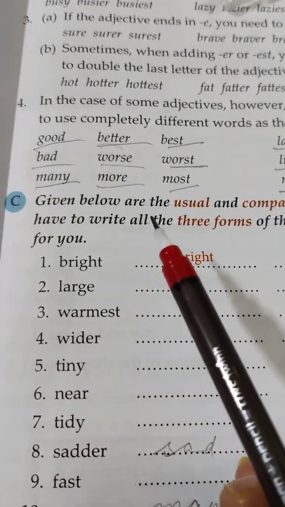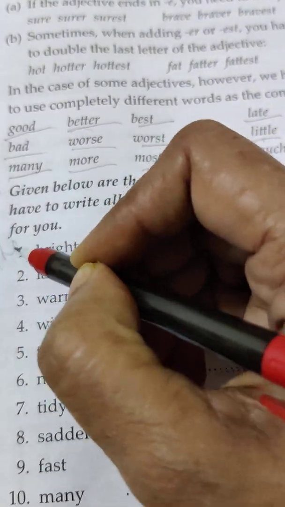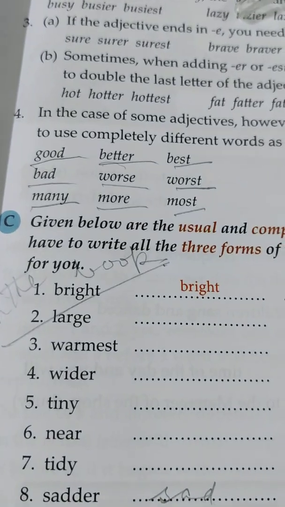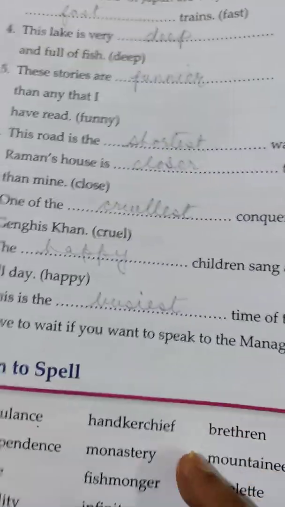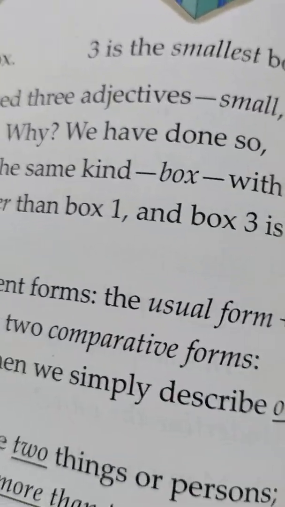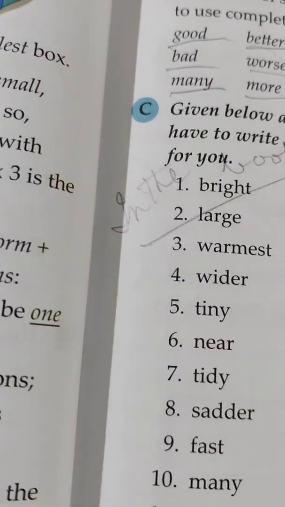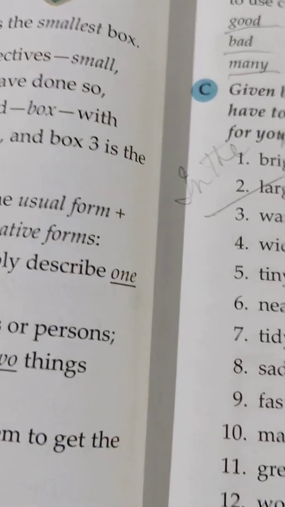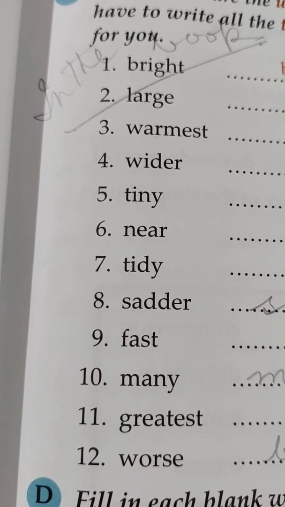Now here is one exercise given. See what you have to do. I'll send you the image, and you'll do this in the book only. Okay? You'll do it in the book. Now turn the page. Now there is fill in the blanks with the correct form of the adjectives given at the end of the sentence. This exercise I'll send you later, we'll discuss. Alright.